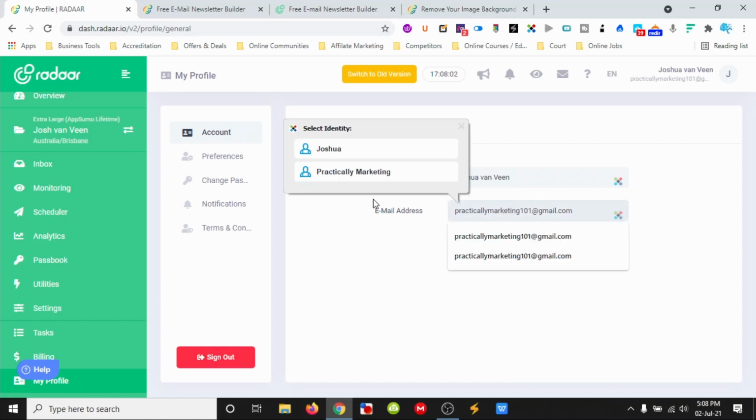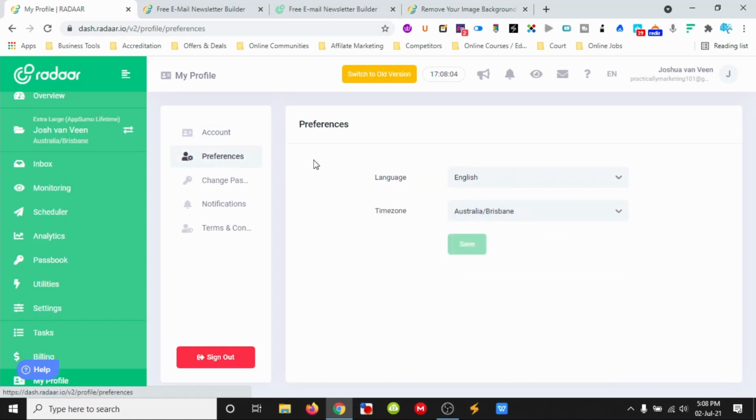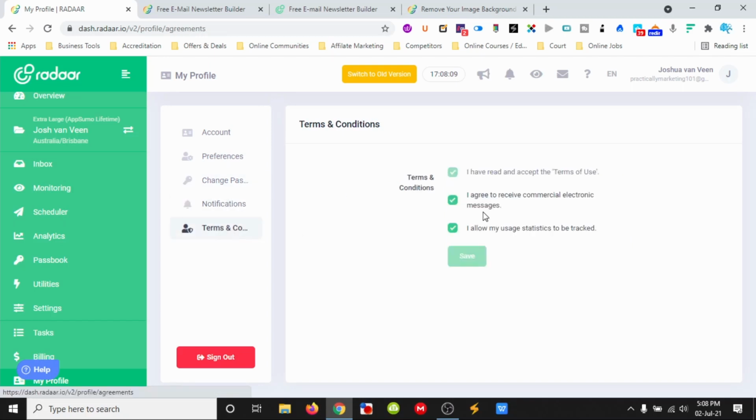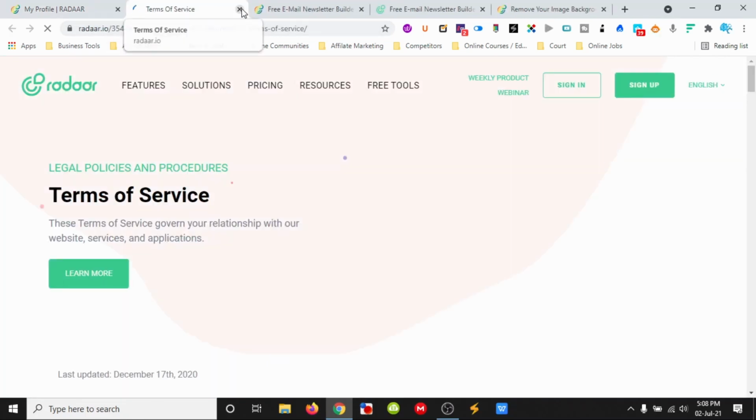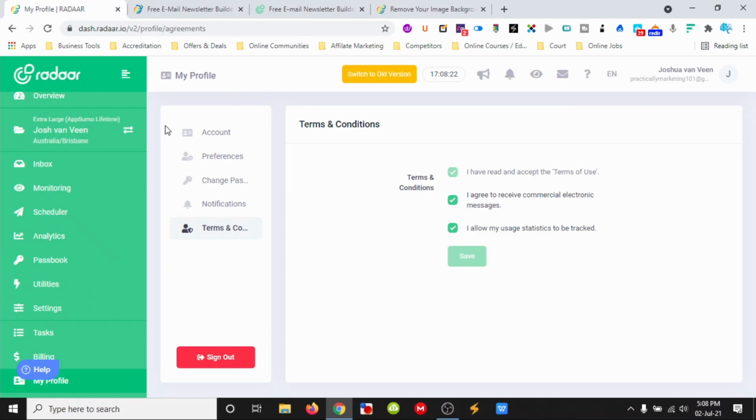And this is when we can then change our email address, change our preferences, change our passwords, change our notifications, and we can see that we've accepted the terms and agreement, and we can click on what we have accepted and go and see that firsthand. So that's a nice little quick overview of